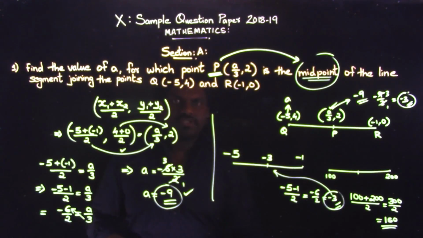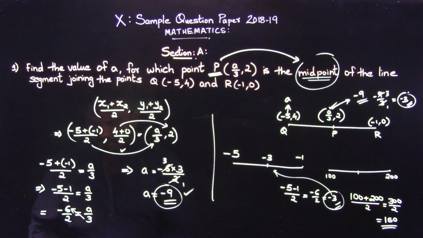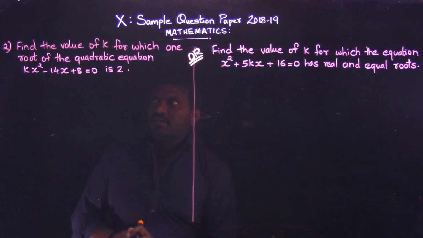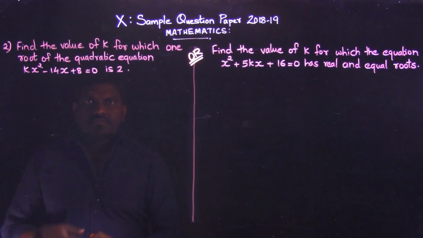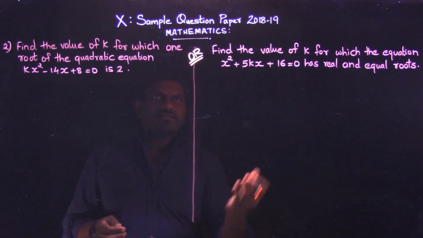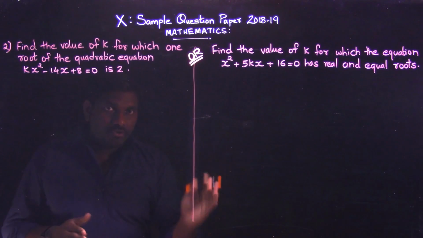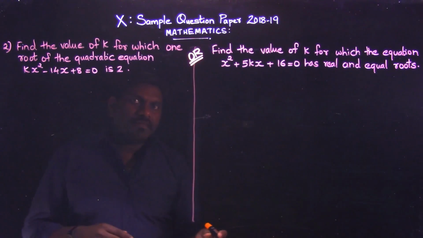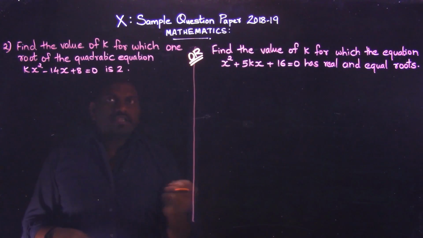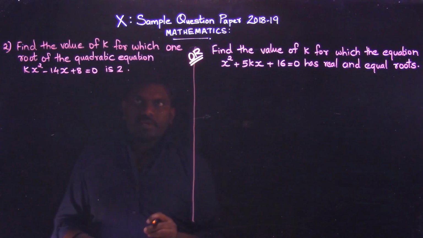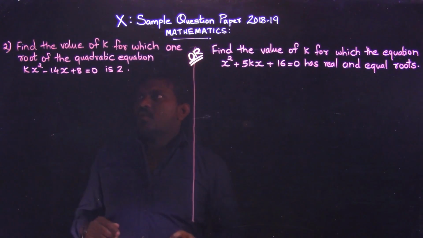So let's move on to the second question then. Note it down. The second question is from quadratic equations, where it's actually an OR question. You have two questions, and you can write any one, whichever you find easy, but we will solve both of the questions, and it's pretty easy. Here you need to know certain logic to solve this, because one who is aiming at getting 100% marks, even every single mark counts a lot. So you need to be very sure about what you're doing. We will do both questions one by one. Second question.